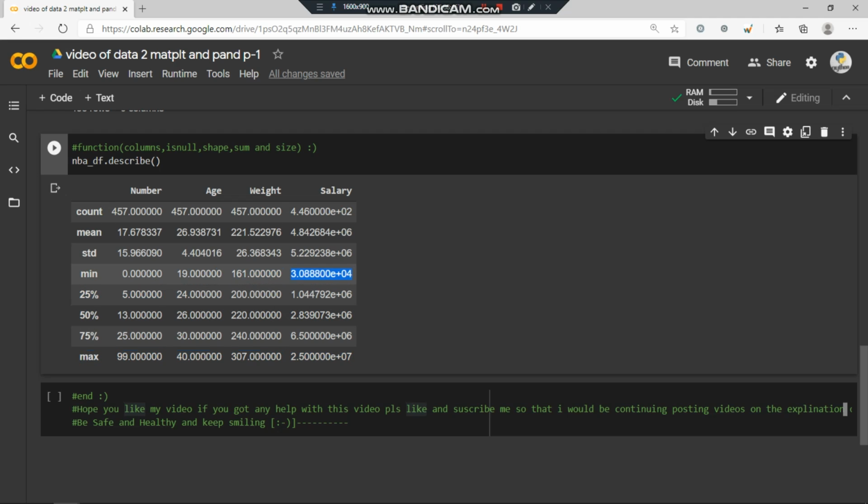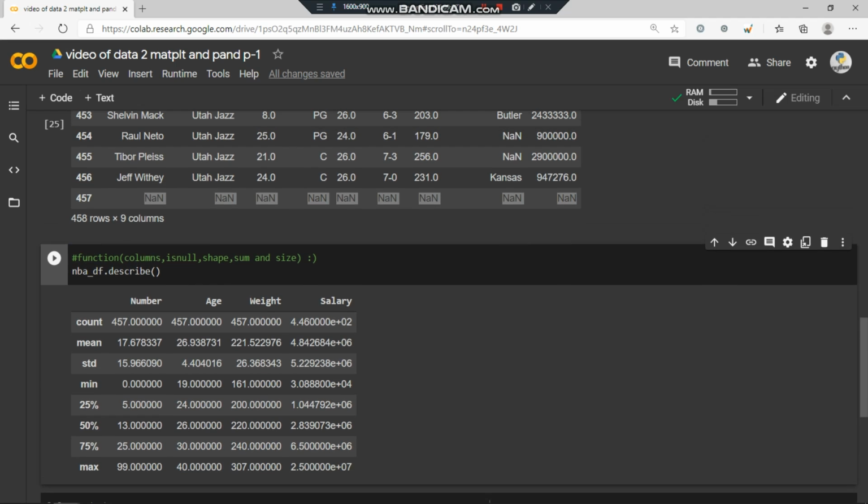This 25% is the data between the median value and the smallest value, the 50% is the median value, and the 75% represents the value between the median value and the largest value, meaning the maximum values. So like that it is showing.